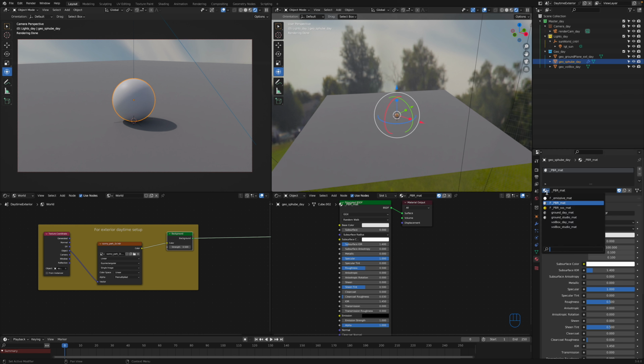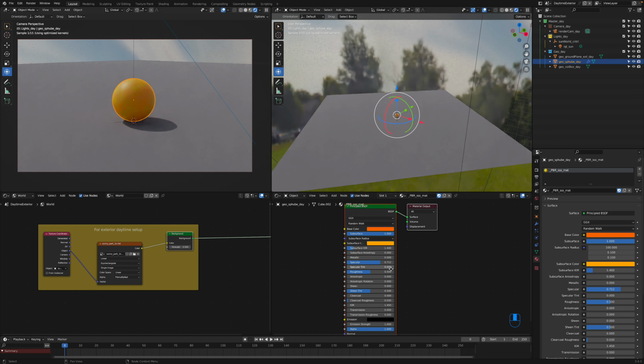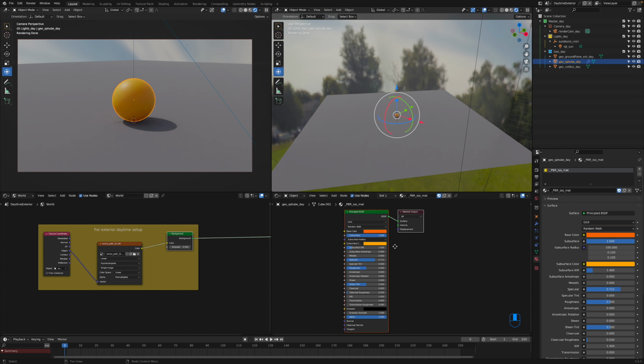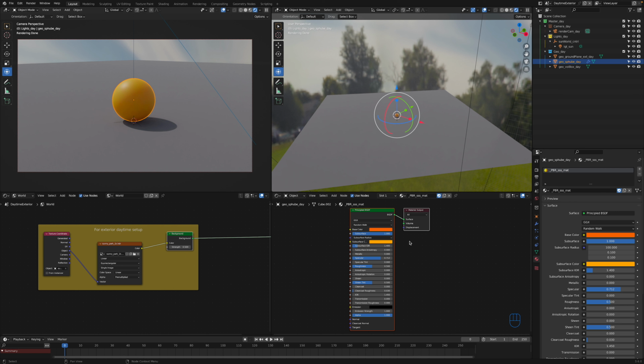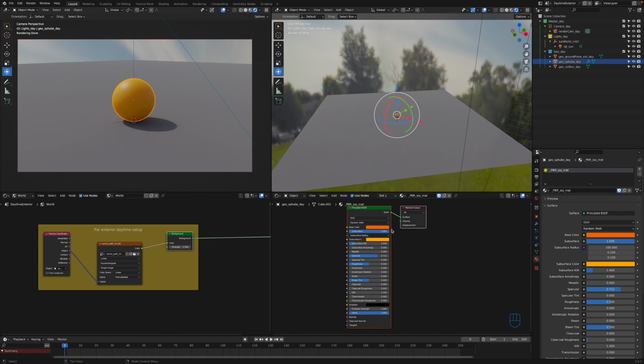And then for the other material, it's a PBR SSS, and that's just a principled BSDF with an orange color, with a yellowy orange subsurface color, and then the subsurface up to 1. And that is a personal preference material to have in there ready to go. It depends on how much you might use something like this. I just like how it describes the light within my scene. It gives the object some depth, and it's good to test any kind of lighting scenario that I might have in place. The color of it is definitely preference as well, so if you do add it, feel free to change the color or other